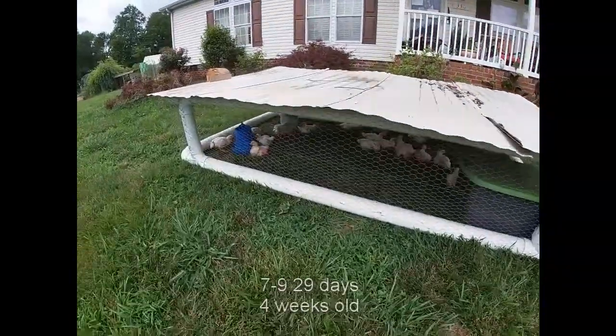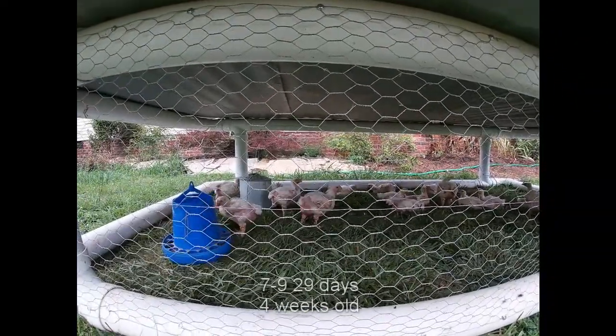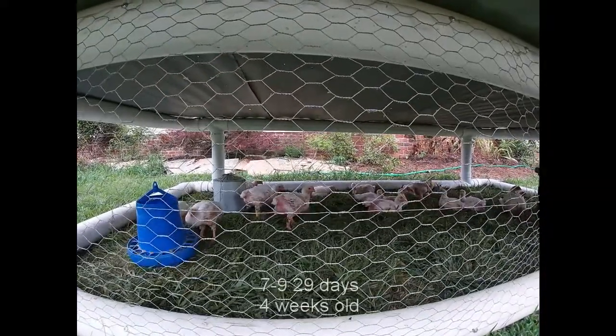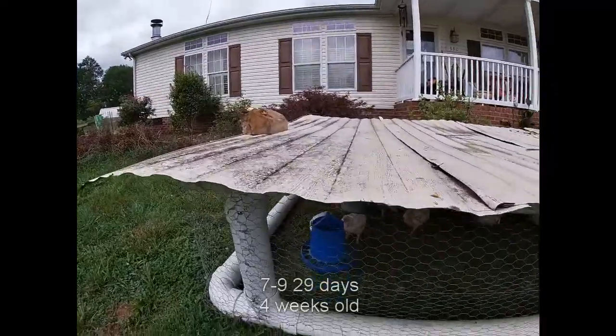And there they are. Doing pretty good. Still got feathers coming out. I would bet they doubled in size or more in the last 2 weeks. And they love it when we move them to the new grass. They run forward and start eating the grass and the clover, and they love it when they get into the fresh grass. And this blue feeder here,